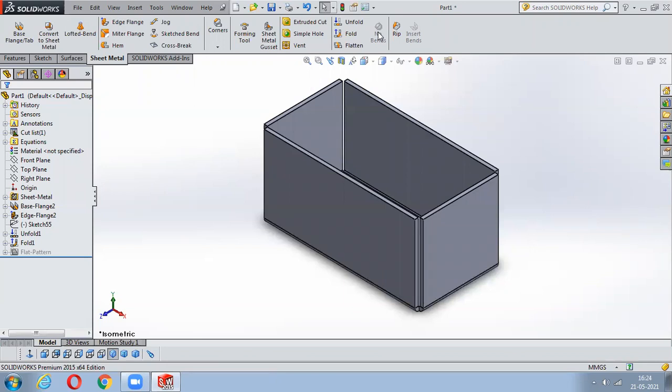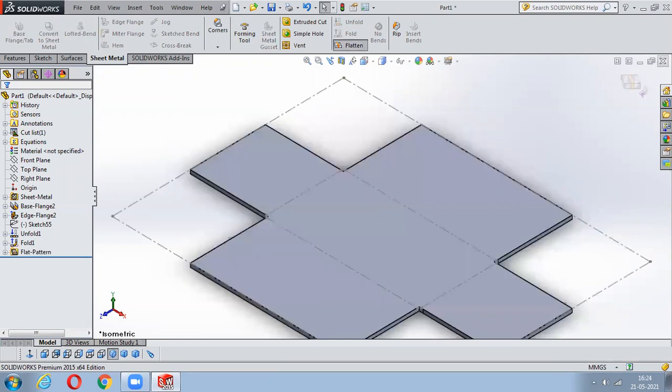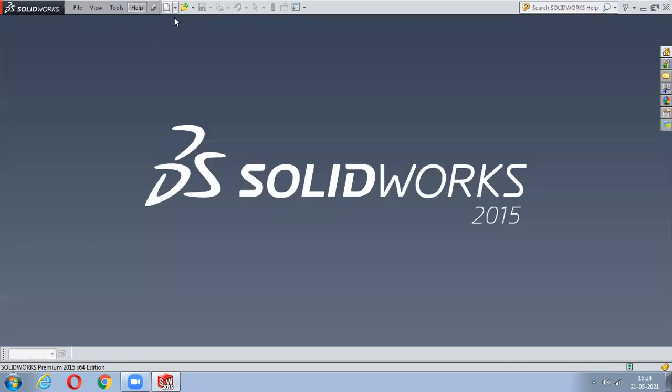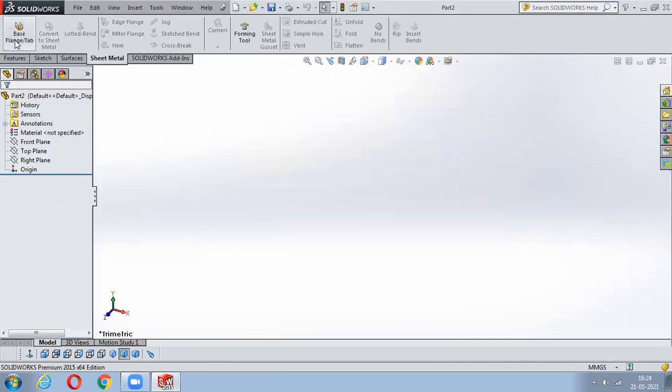So now we'll just move on to this convert to sheet metal and lofted bend. So what is this convert to sheet metal and lofted bend? So this convert to sheet metal is used whenever you have a solid model with you. Okay. So for example, I'll just go with the new drawing.